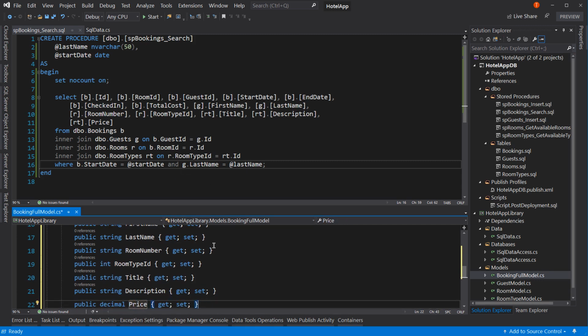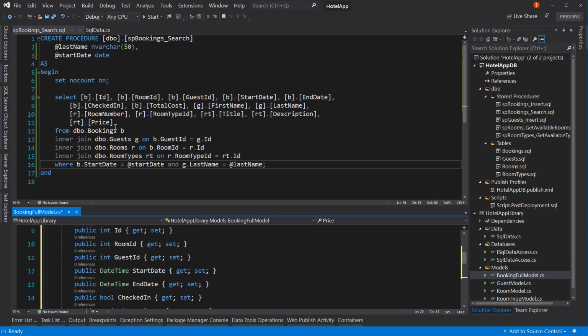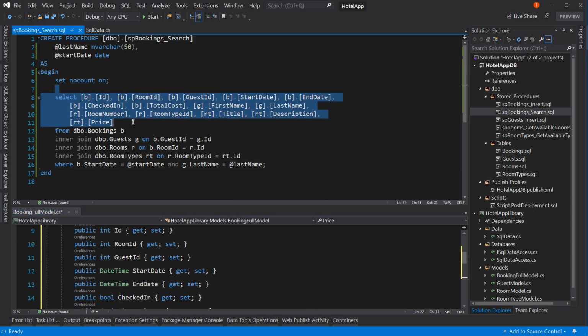So there it matches up a model that matches exactly the fields we'll return from our query. Now, notice this query does not return just for